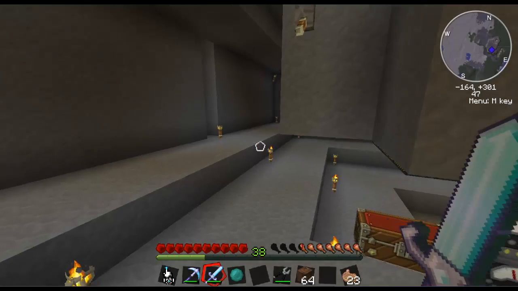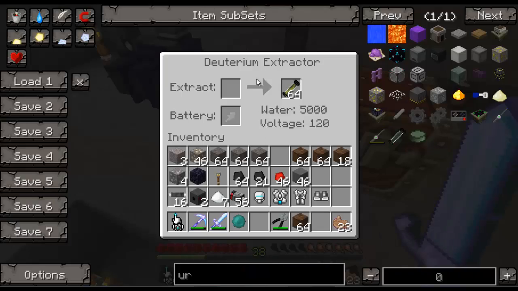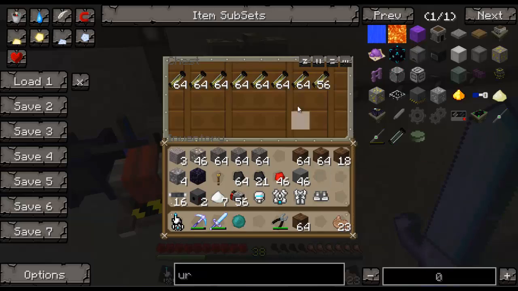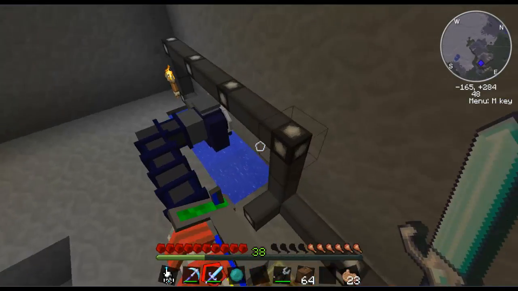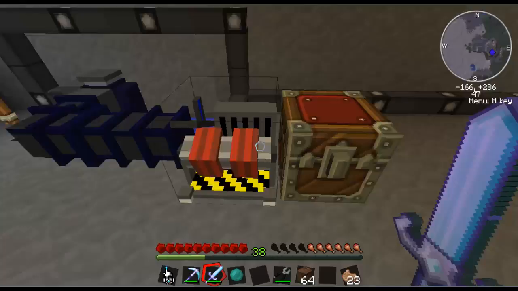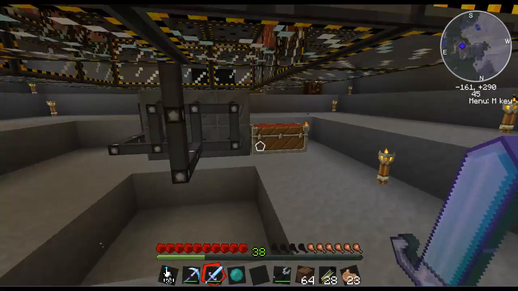And then over here, I can't say it. I'm sorry guys. The deuterium extractor. It's just constantly working away. It's made a lot of deuterium, so this is a pretty good setup right here. It just constantly has water, constantly has power. So I can just take half a stack of this. Oh god, I'm gonna have to...